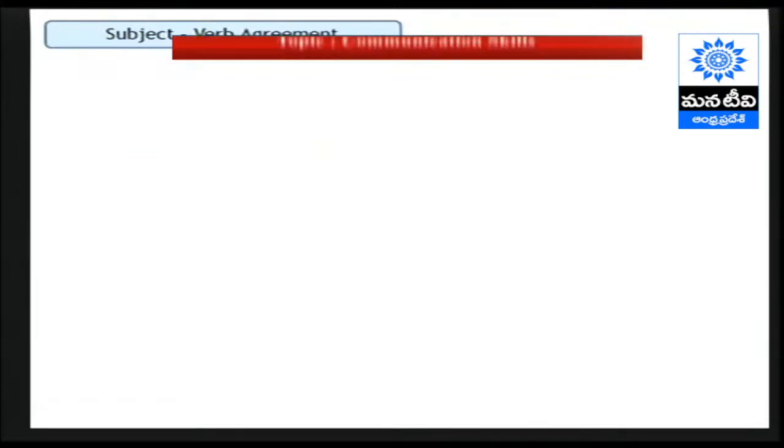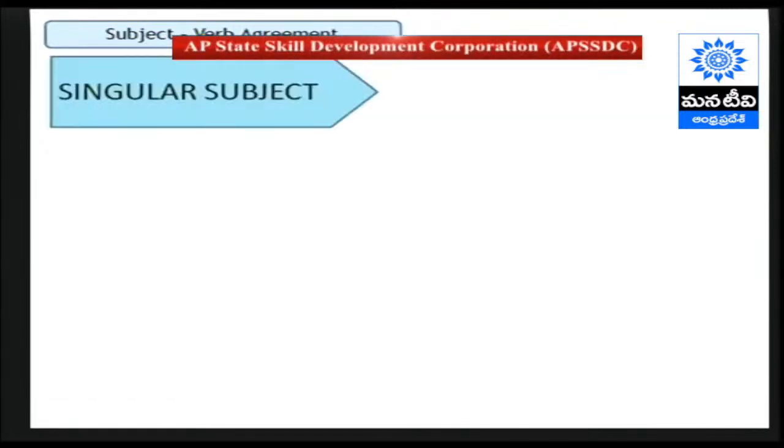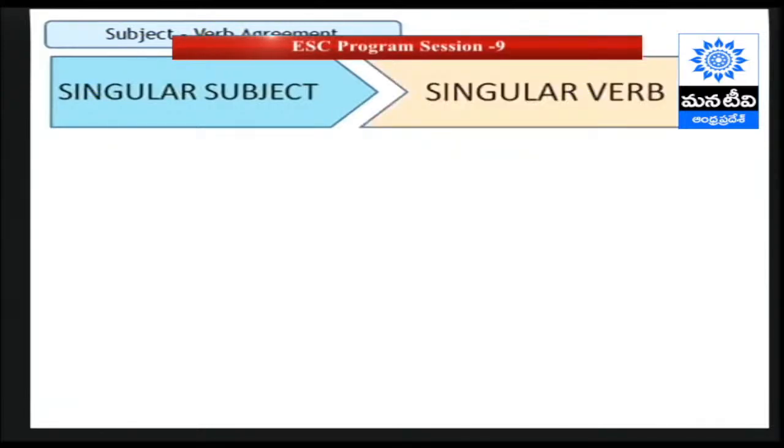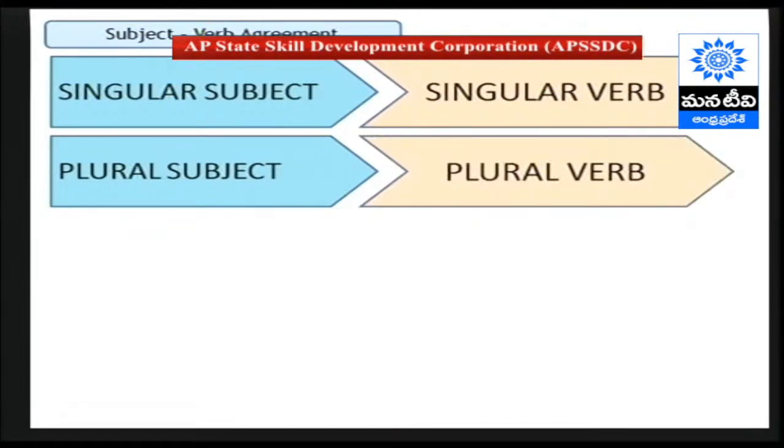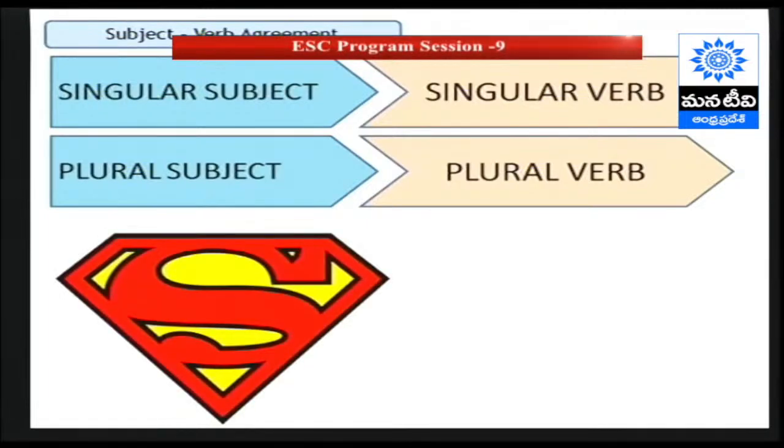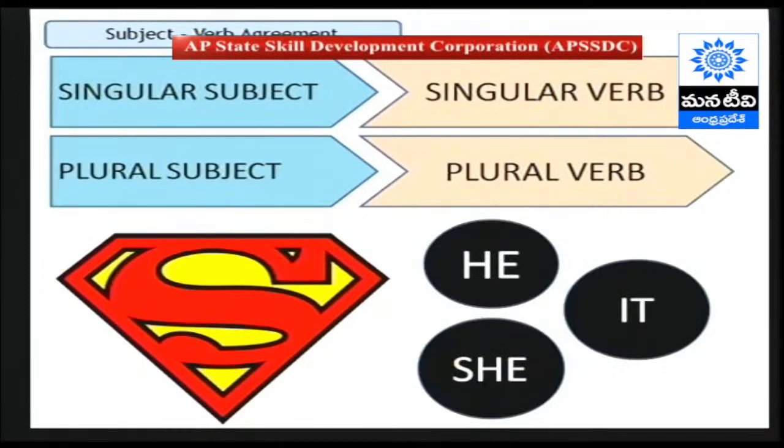This is because the subject should always be in sync with the verb. What I mean by this, if the subject is singular, I need to use a singular verb. If the subject is plural, I need to use a plural verb. Now, as simple as it sounds, we always make a mistake. So the reason I put the Superman symbol, in case you have he, she, it or any singular form of verb,